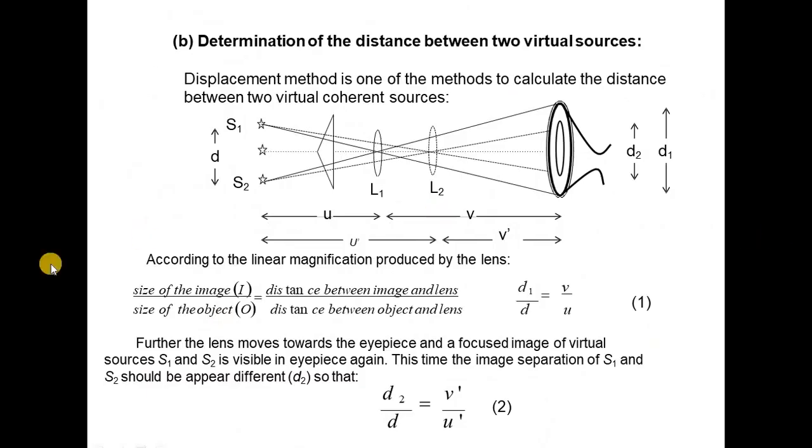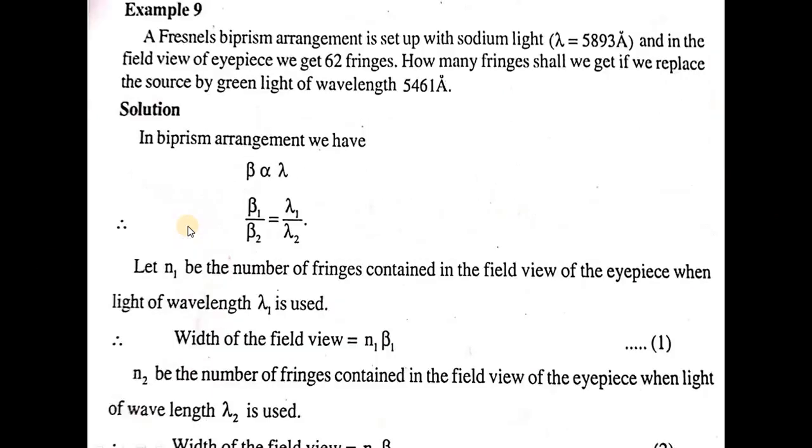So we have discussed three problems. We have discussed the Fresnel biprism arrangement, how we are going to get the fringe width, how we are going to get the wavelength of an unknown source of light, and what happens when we use white light. We have got the two important expressions for small d: root of d1 d2, or d is equal to 2a (mu minus 1) alpha. So these are the important things while dealing with this portion.